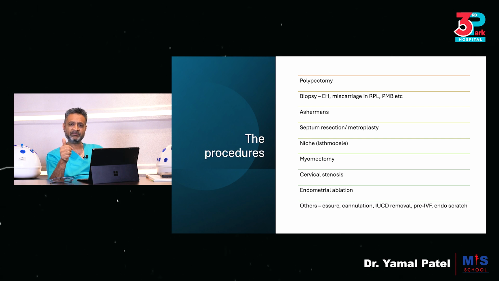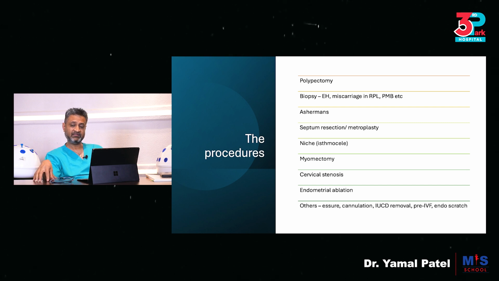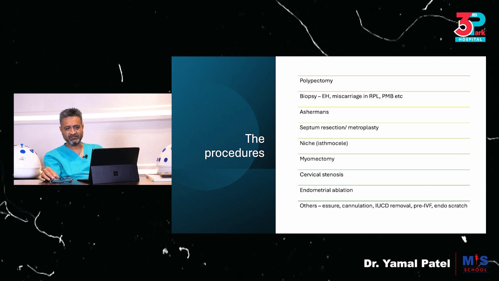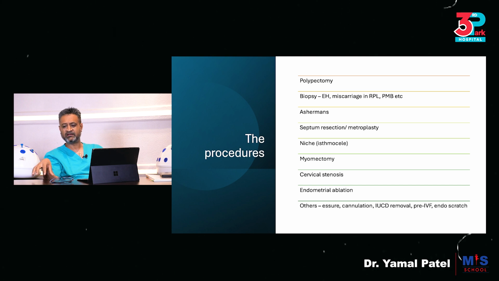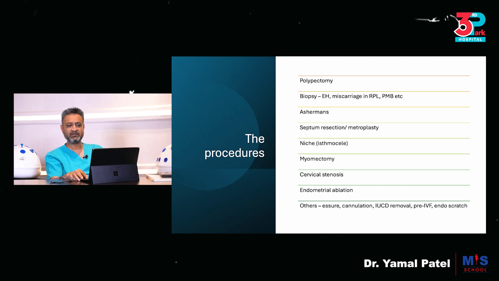To name a few procedures that we normally would do with operative hysteroscopy, we would say we have polypectomy, we have biopsies, and that would be ranging from situations where we have endometrial hyperplasia to miscarriages and biopsies to rule out the cause, sometimes to recurrent pregnancy losses, sometimes to postmenopausal bleeding or thickened and irregular lining, to an Asherman's where there is synechia and related issues, to septum resection and metroplasties of different types,